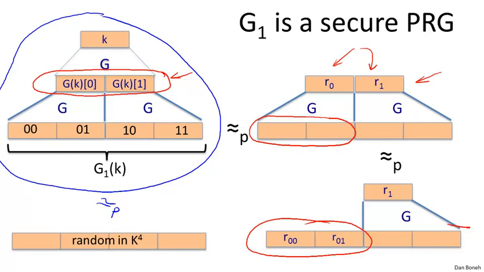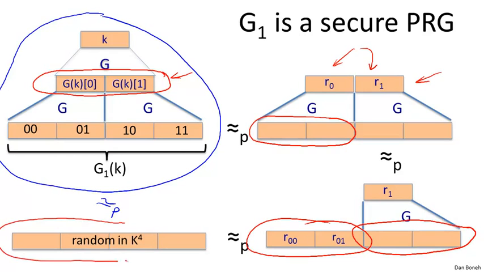We're going to replace this pseudo-random pair by a truly random pair, and then lo and behold, we get the actual distribution that we were shooting for. We will get a distribution that's really made of 4 independent blocks. And so now we've proved this transition, basically, that these two are indistinguishable, these two are indistinguishable, and these two are indistinguishable, and therefore these two are indistinguishable, which is what we wanted to prove. Okay, so this is kind of the high-level idea for the proof. It's not too difficult to make this rigorous, but I just wanted to show you the intuition for